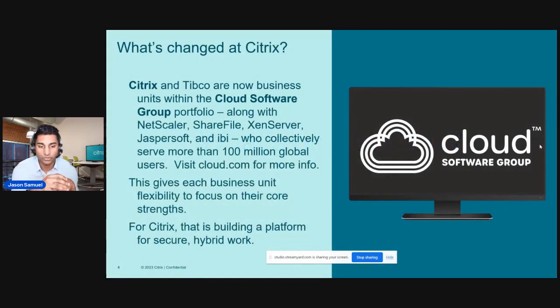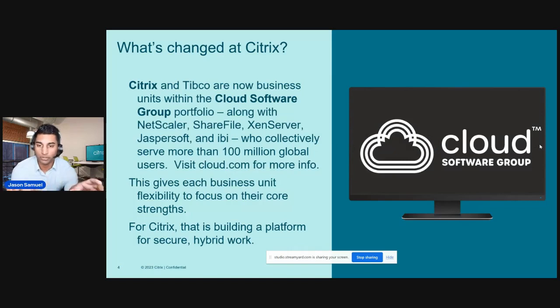So just kind of getting into what's changed at Citrix. A lot of folks, you've already seen this with your local CUGCs. You've seen it at some of the larger XL events that we've had. But Citrix and TIBCO are business units within the Cloud Software Group. Cloud Software Group is kind of the parent company. The NetScaler BU, the ShareFile BU, the XenServer BU, they're all different business units within Cloud Software Group, but we're all still integrated.